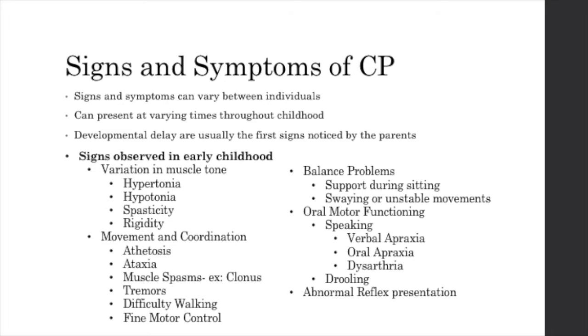Dysarthria is a speech impairment problem similar to apraxia, but dysarthria can fall into three categories of either spastic, flaccid, or ataxic. Drooling may also be a sign seen with CP due to improper coordination of the muscles of the mouth. Additional abnormal reflexes may be seen in babies. These reflexes can include a palmar grasp reflex past 6 months of age, a placing reflex past 5 months of age, a startle reflex past 6 months, and a spinal Galant reflex past 9 months.